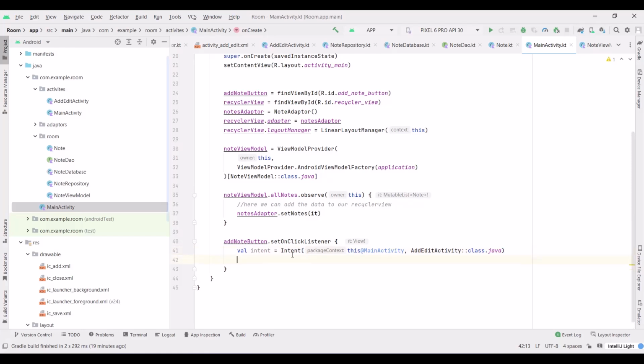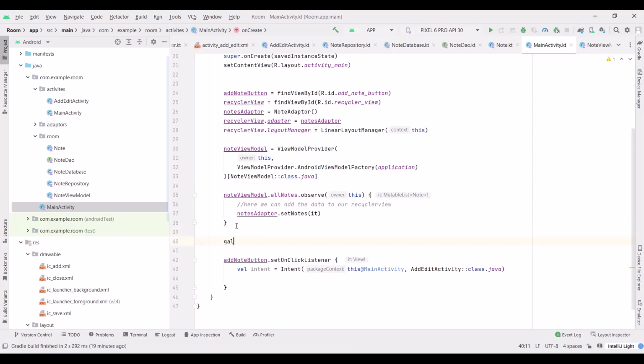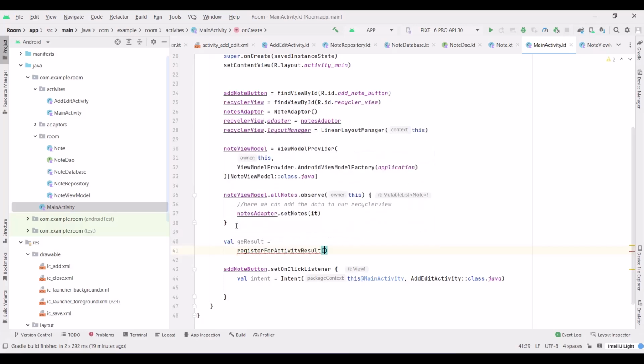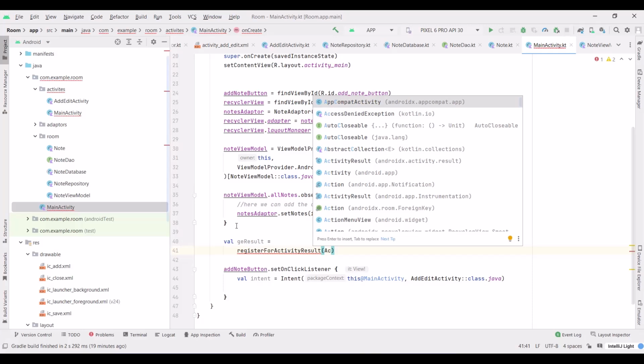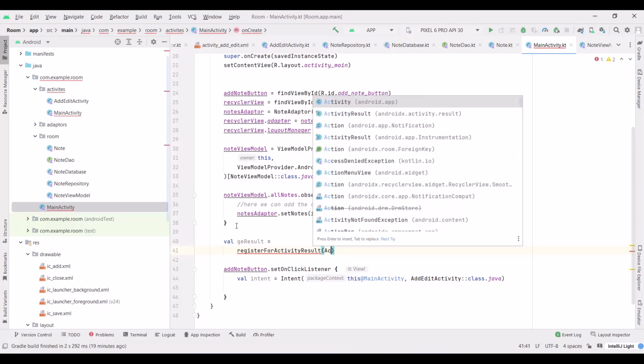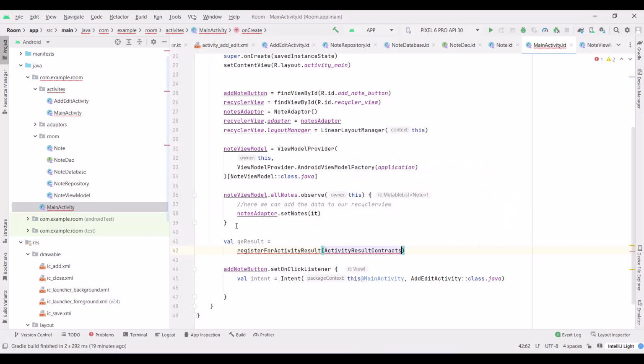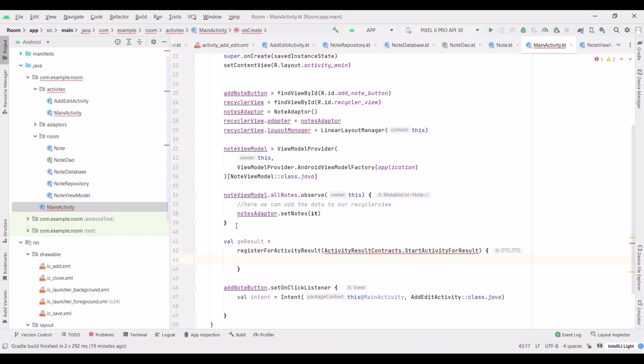But in order to do that, I'm gonna go up here. I'm gonna type val getResult, because we're gonna start an activity for result. I'm gonna type here registerForActivityResult. Here I'll type ActivityResultContract. So we choose this one. Dot StartActivityForResult. I'm gonna put curly braces, and I'm gonna type here if,